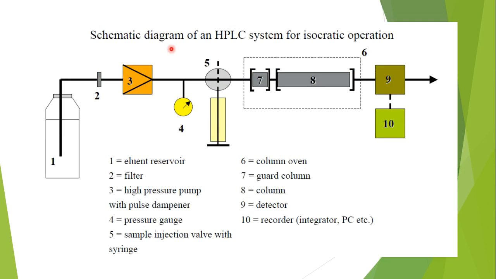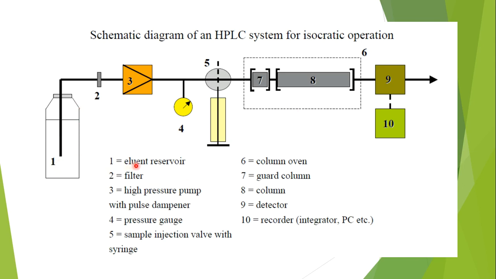Now this is the third schematic diagram of the HPLC instrument, which is shown specifically for isocratic elution or isocratic operation, where only one solvent or one solvent mixture is used. So this type of schematic diagram we can also draw for this description of apparatus of HPLC. So whatever diagram is convenient or suitable for you, you can use that diagram for this purpose.